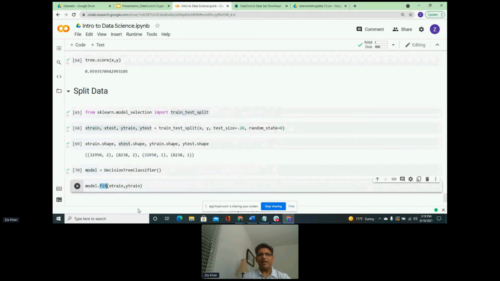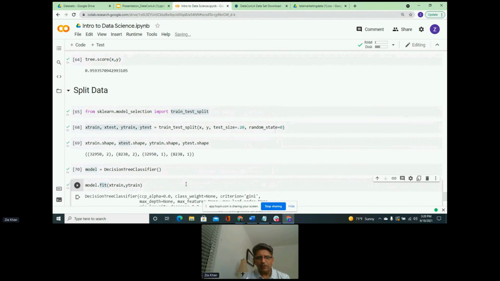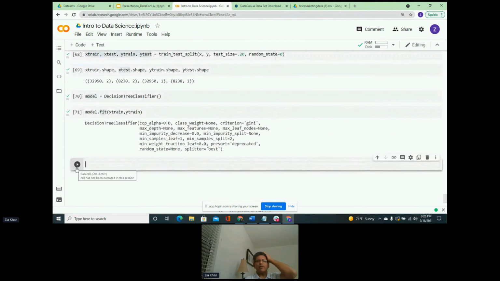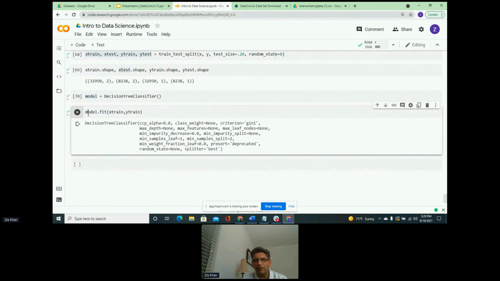Again, what does fit do? It actually takes the data row by row and feeds it into the algorithm. And once it's fed to the algorithm, it sees the correlations and then based on that learning, it tries to predict. So we run this and the algorithm is now trained. And because it's a very small data set, the algorithm doesn't take very long to train. Sometimes the algorithms can take a long time, like many hours or many days even to train, depending on how much data you have. So this model, which is a decision tree classifier trained on our data, is ready now, or is trained now.